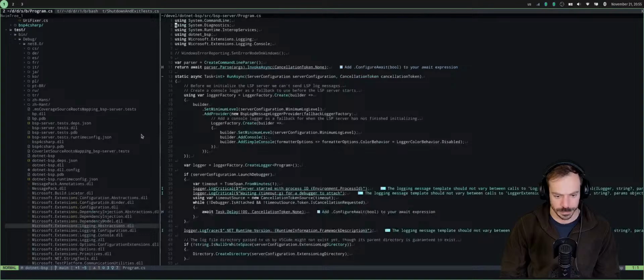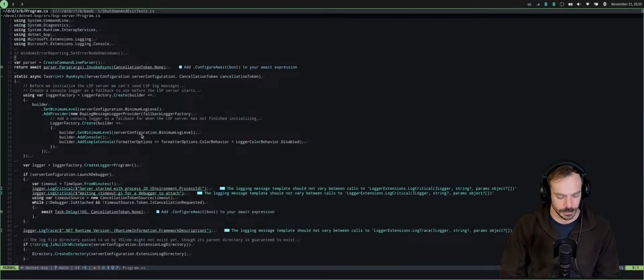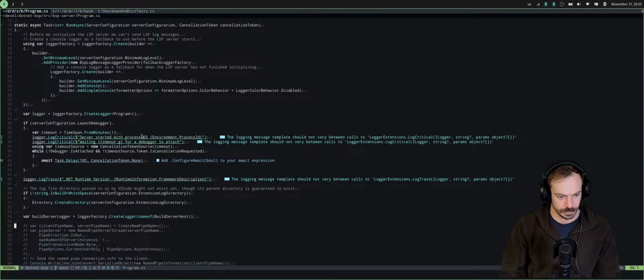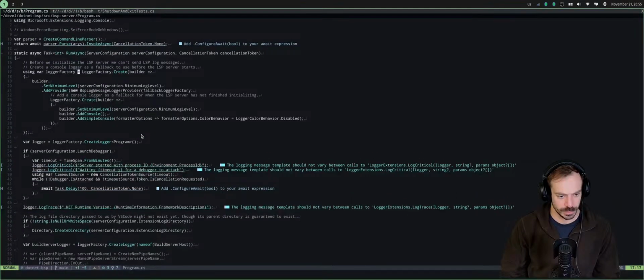Programs, yes. So we set the logger to have the console logger.